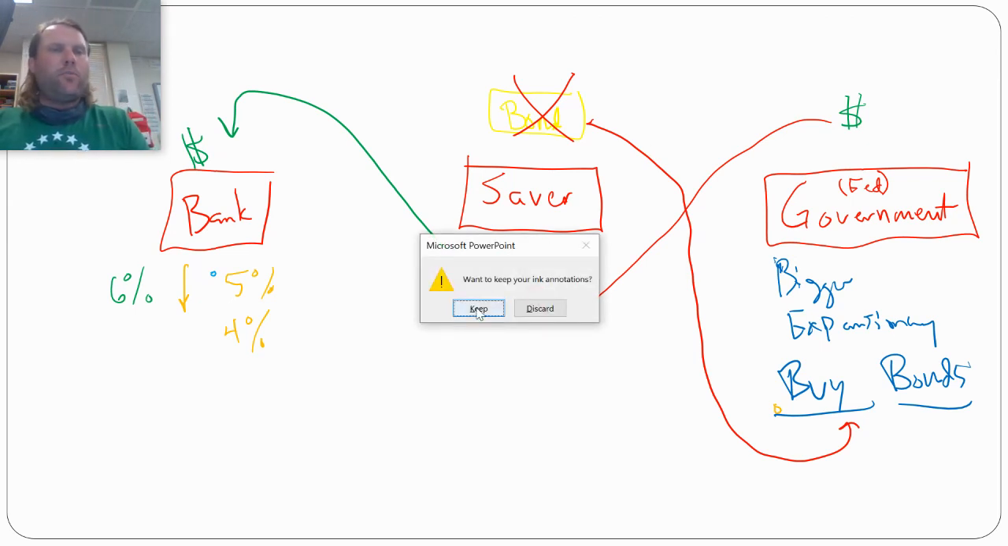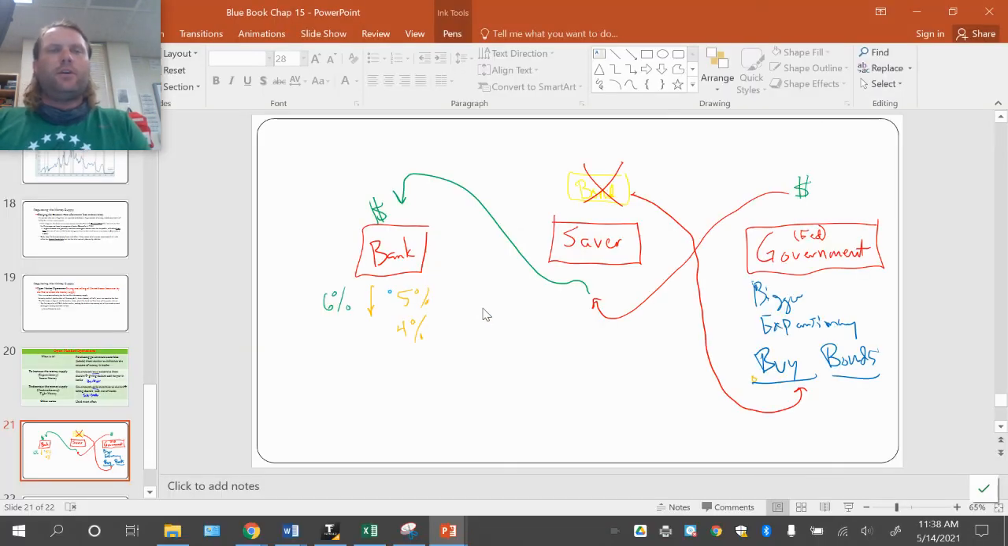A little bit of a difficult process to show without being in person and just drawing it on a graph there. Hopefully things